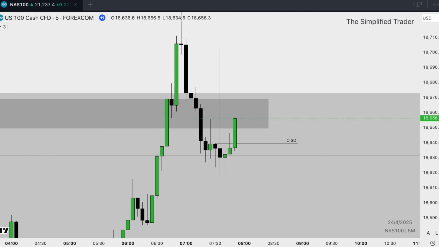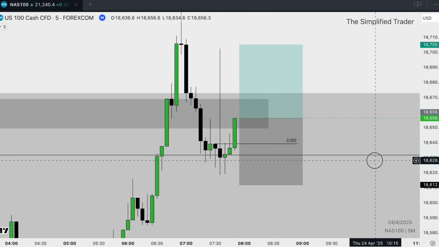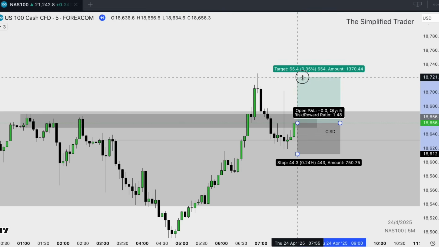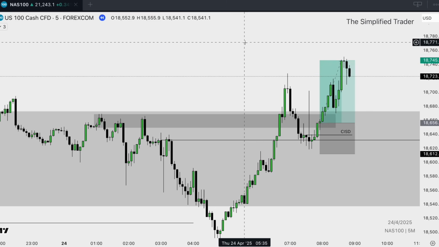Let's wait and see for price action to do that. We do close above it, so we can enter at the close of that candle, stop loss covering the low, and we can target a 2R minimum. We wait for price to play out, and there we go, we have hit target,